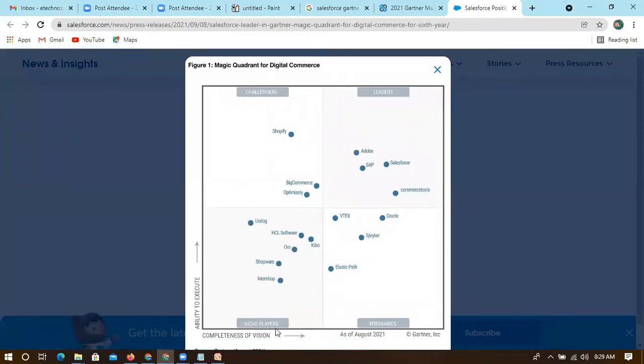One quadrant is niche players, which means companies that have recently started and are growing their business. Let's take HCL Software, Kibo, Oro, Shopware. These are multiple companies, and you can see other companies also, but they are just showing a few here. Niche players are initial companies that are giving good service.